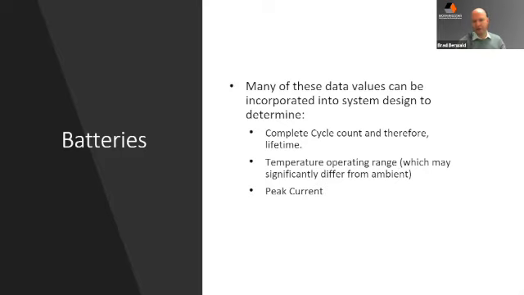Temperature operating range, if the batteries are heating up or getting to a point that they can't be charged, and also peak current. A lot of batteries have different peak currents, which is something you want to pay attention to, because the types of batteries you may see in the ESS or storage industry, where they're just storing and buffering and pushing and pulling current in and out of the grid, maybe some kind of a time of use schedule or working with a grid connected inverter, is a little bit different